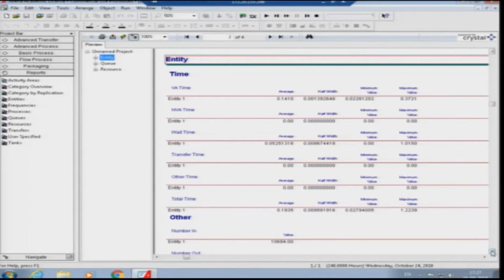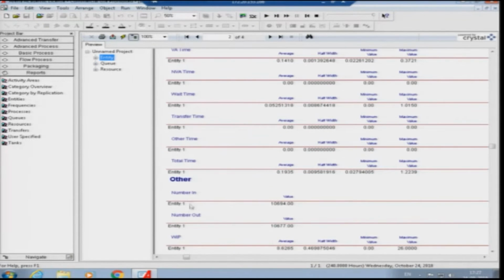You can see that the number of total entities in is 10679 and the number of total entities out is 10677, which is pretty much the same and very close. With this attribute you can have an initial interpretation of whether you require a major change in the system.